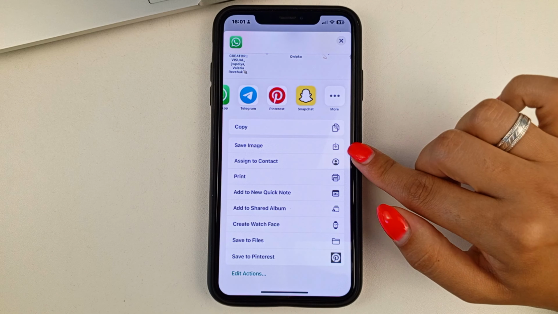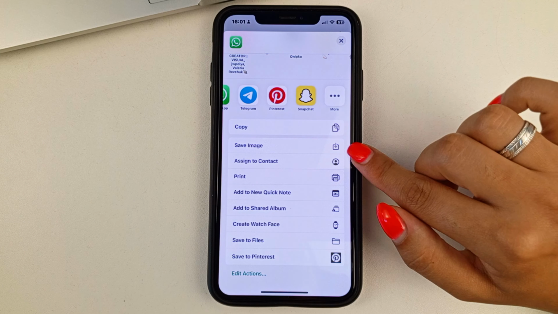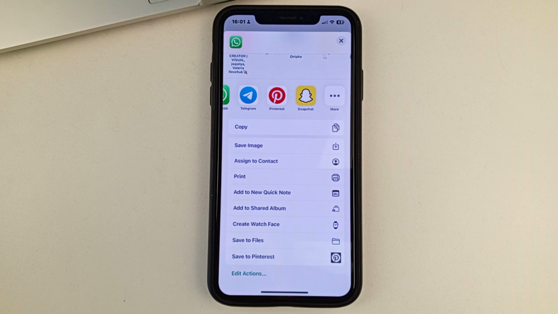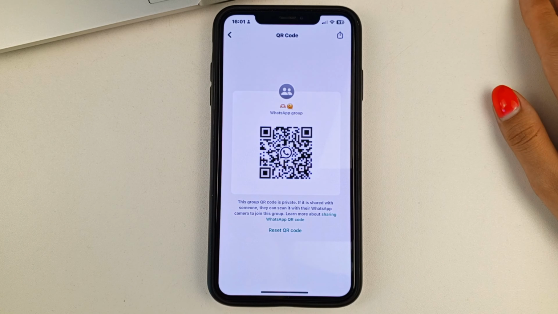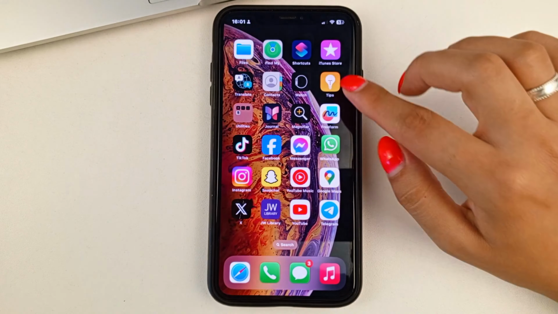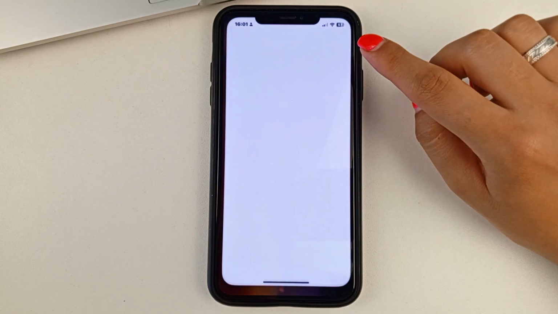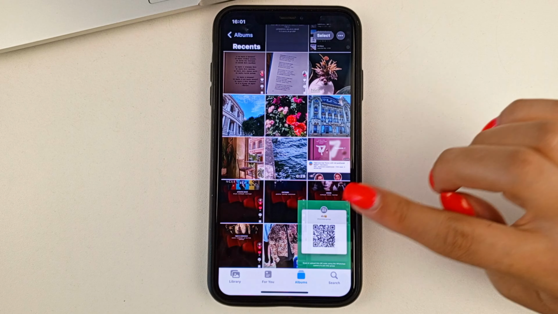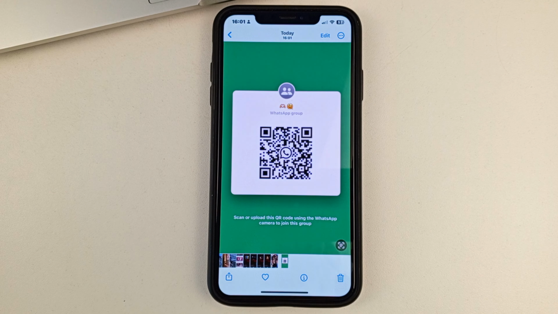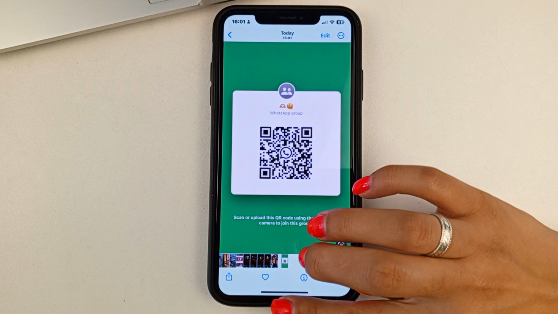And also you can save this QR code to yourself if you click Save to Gallery. And now you will have this QR code in your gallery. You will be able to open it at any moment and show it to any person to scan it and go to your group in WhatsApp. This is the method, friends. You will be able to create a QR code for your WhatsApp group.